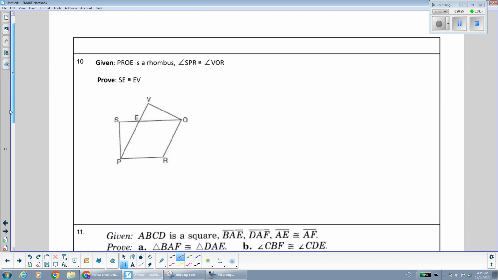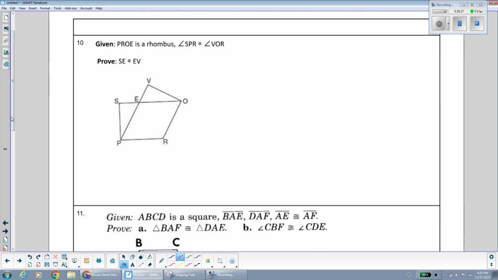Okay, now we are up to the proof questions. So over here in this question, we have a rhombus. So we know a lot of properties about quadrilateral PROE because we know a lot of stuff about rhombuses. And we're also given that angle SPR, that's this whole angle over here, is congruent to angle VOR. And our goal is to prove SE